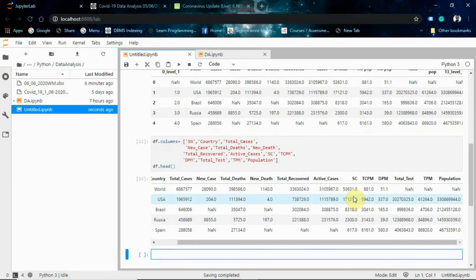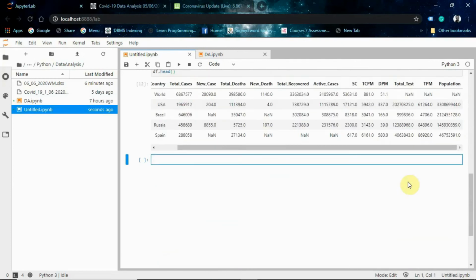And for processing the data, we know we don't need these columns, right?